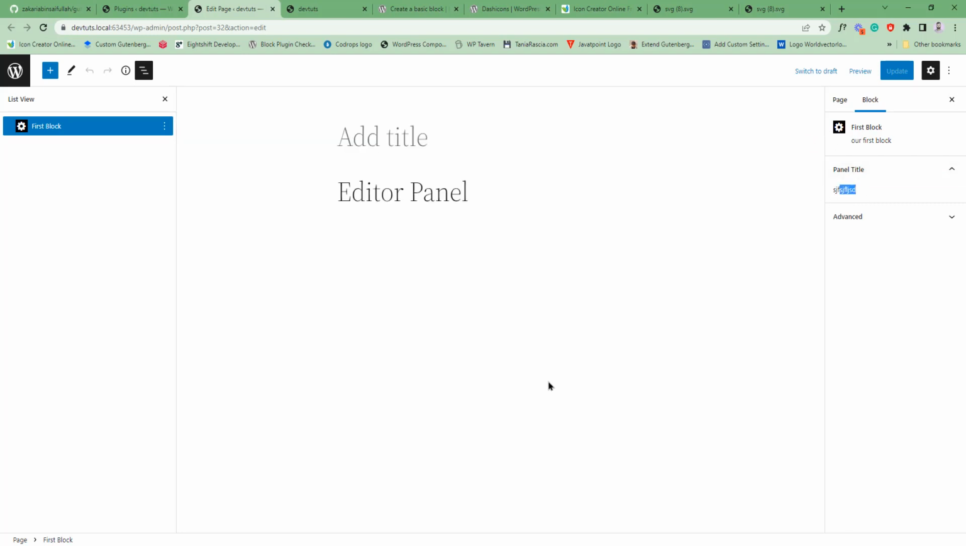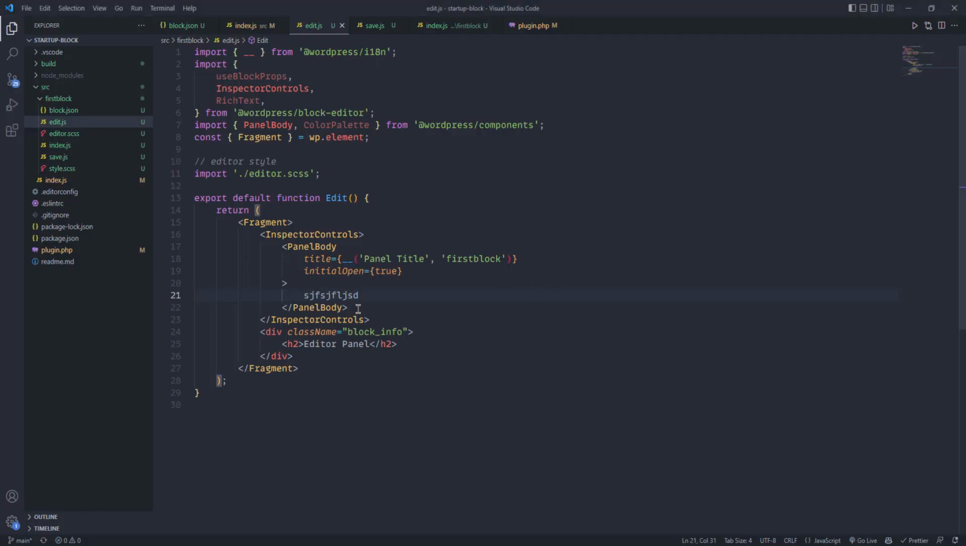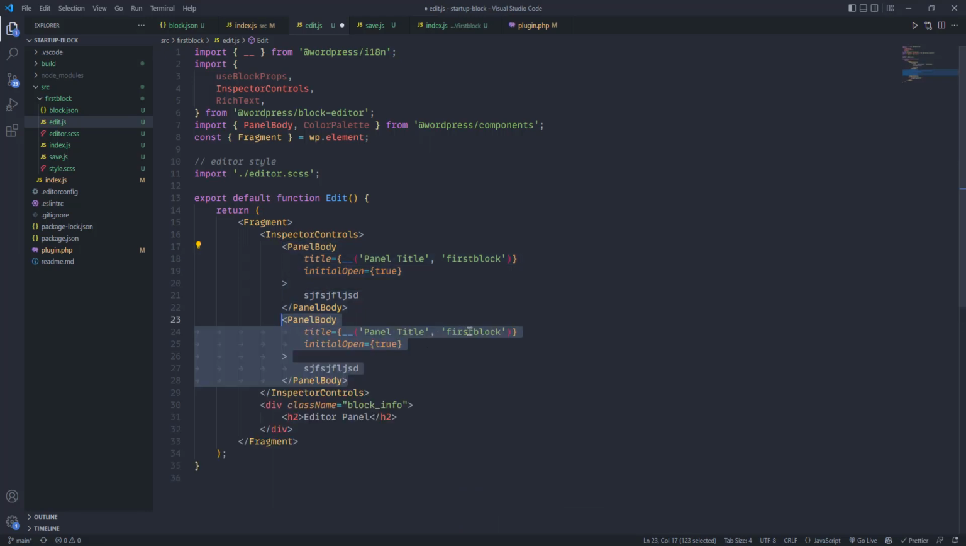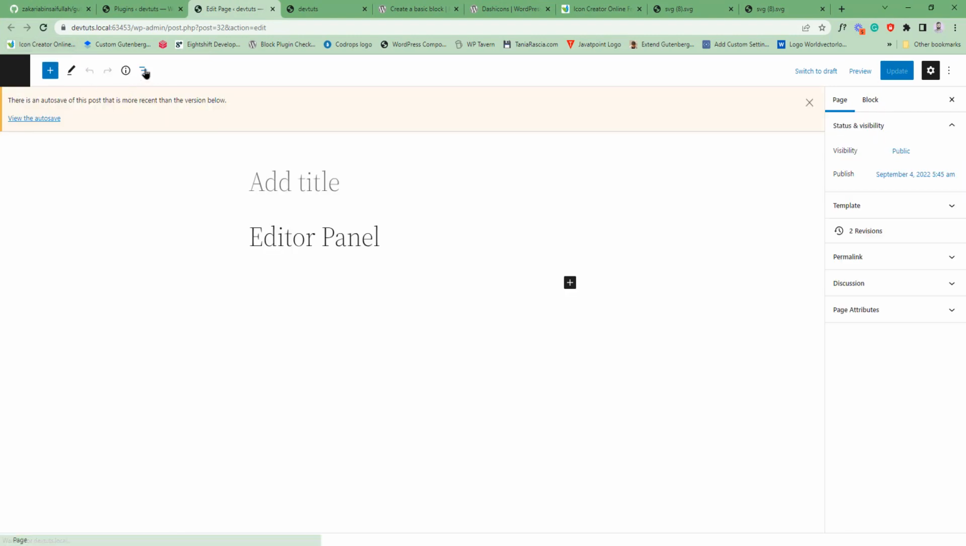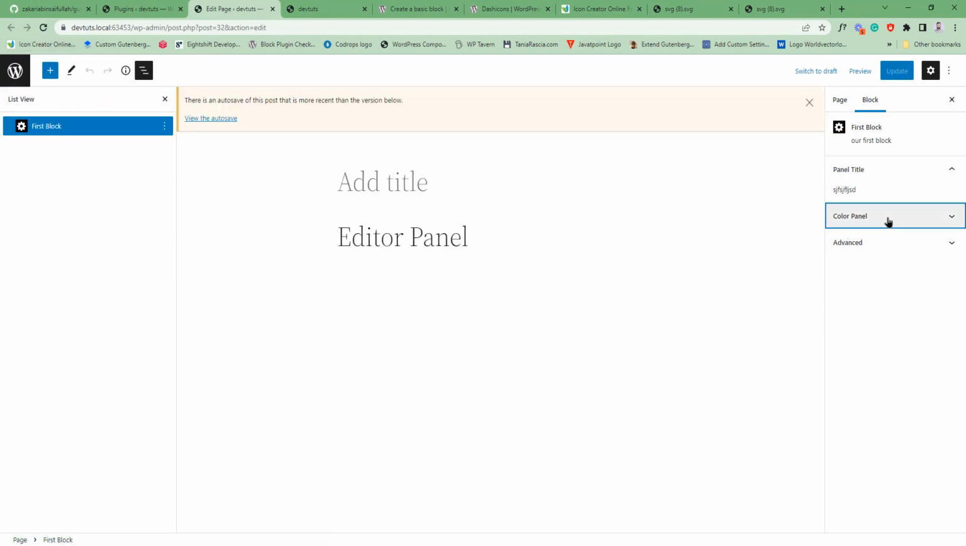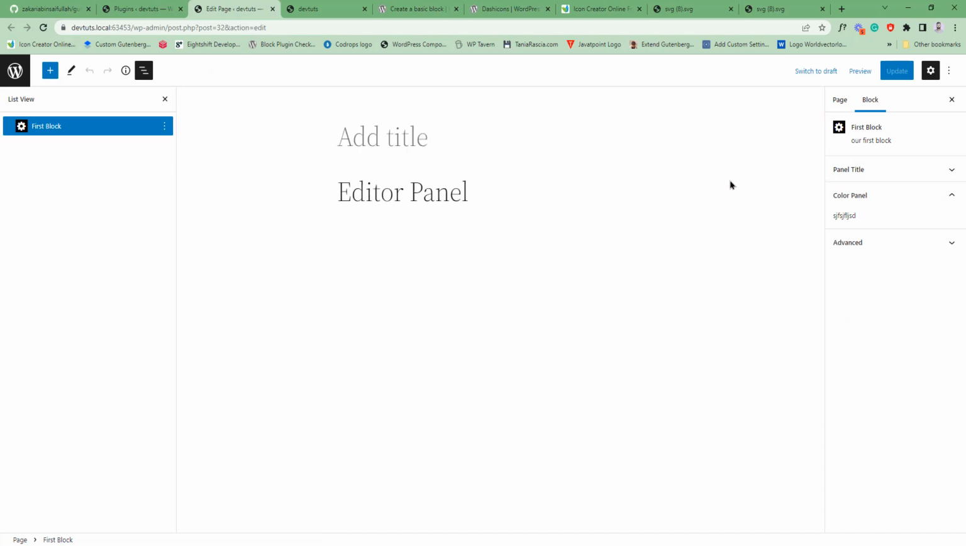If you want to add another panel, simply copy it, like a panel, and I can give it a title like color panel. We're going to keep it initially hidden. And if I refresh, I will see, yeah, it is hidden. So I think you have understood how to write your code